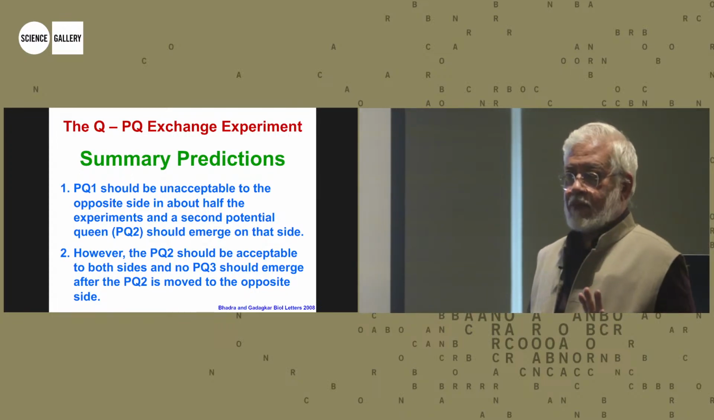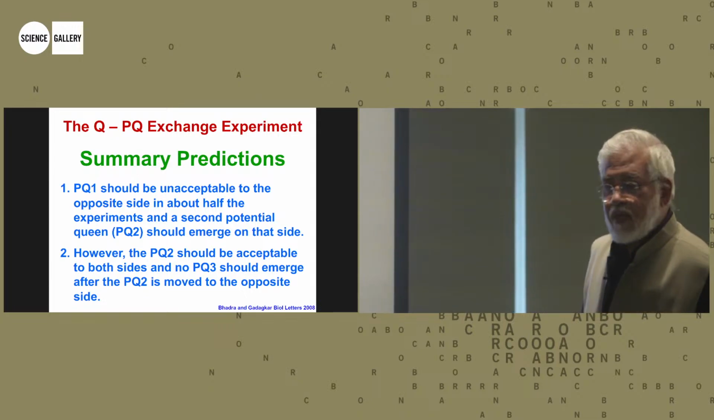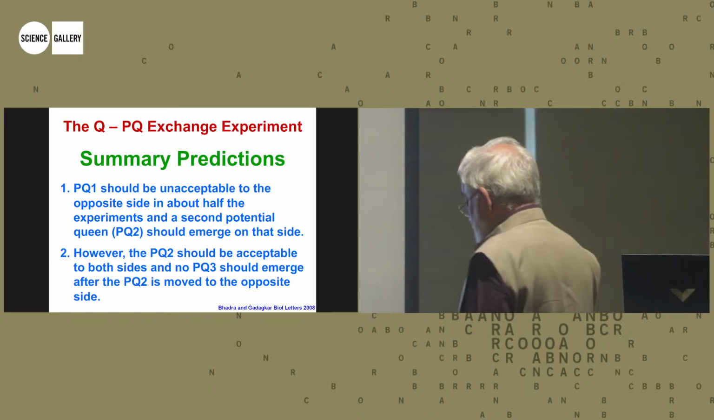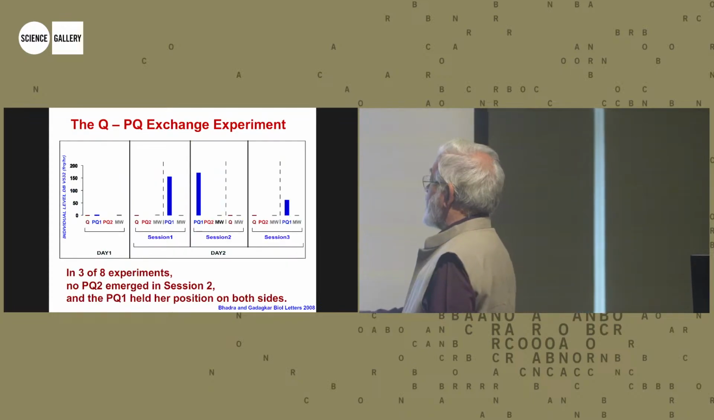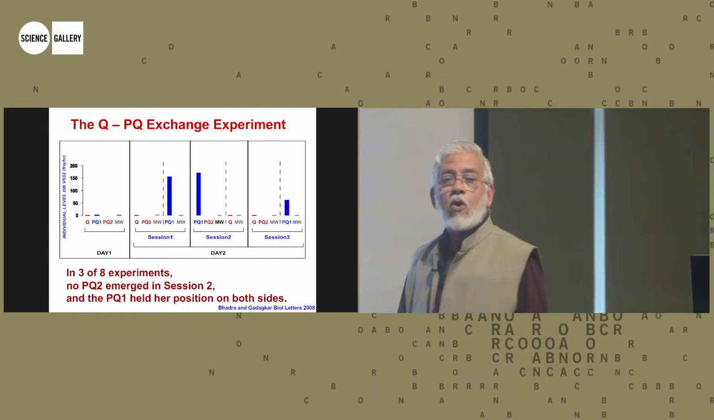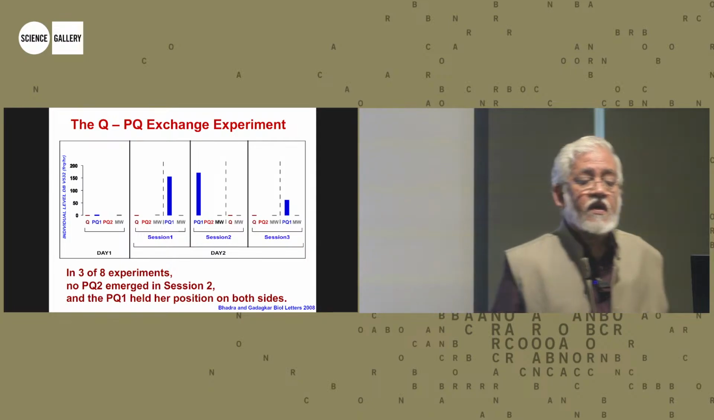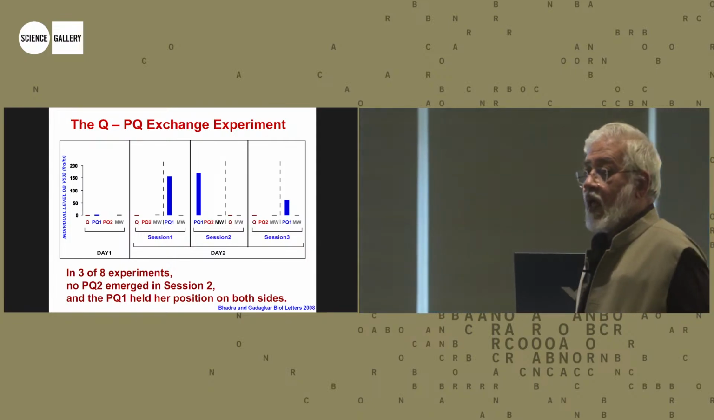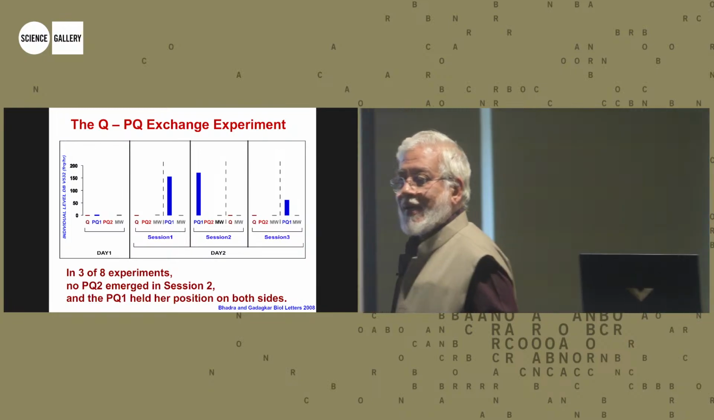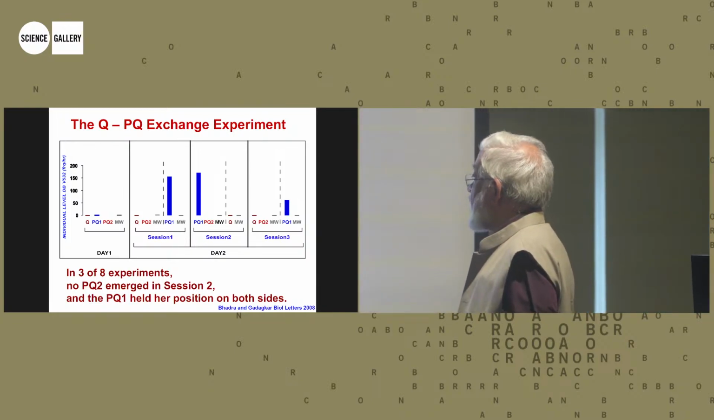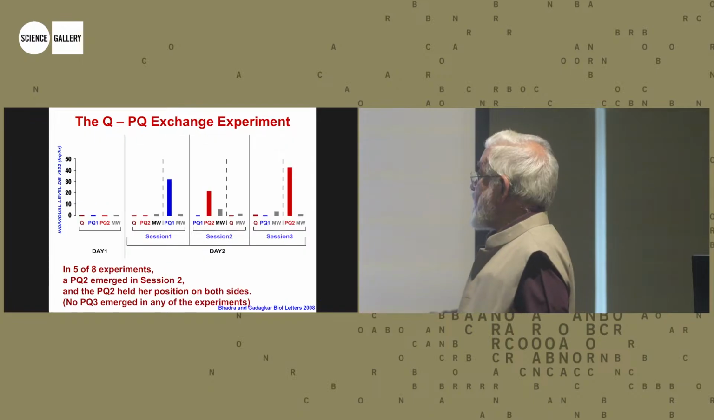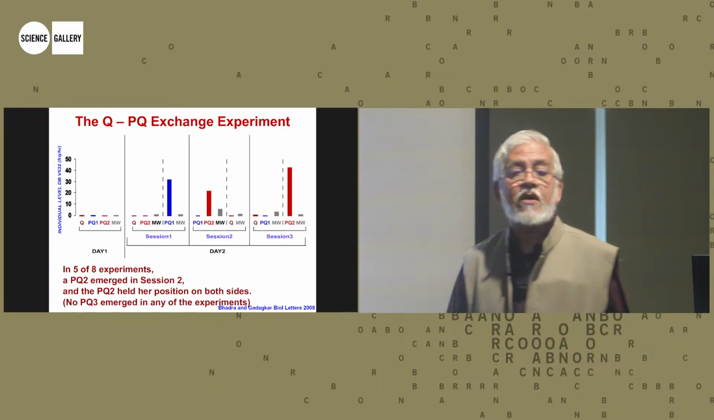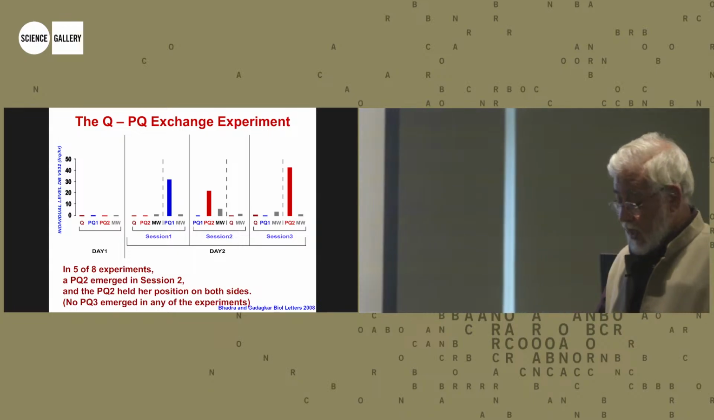This is our prediction. And when my student did these experiments, she found that in 3 of her 8 experiments, the first individual to become hyperaggressive was sustained on both sides, nobody challenged her. This corresponds to the possible situation where she was actually the heir designate. But in the remaining 5 experiments, she lost. As soon as she came here, she lost. A second individual became hyperaggressive, but she succeeded on both sides. In other words,